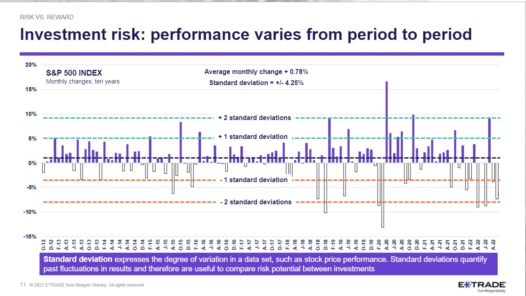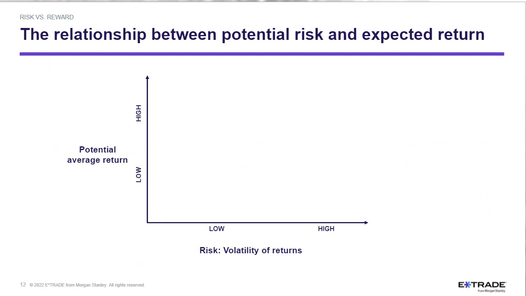So let's hold on to that now and turn to the trade-off between risk and reward. So imagine an investment. Let's say you've got money in a bank account and it's earning a low return, but it doesn't fluctuate very much. But you've come to the conclusion that you need more return. That the 2% that you're earning here is not going to be enough to fund your retirement. So you need to move up in the potential return line. To get there, you have to accept more risk.